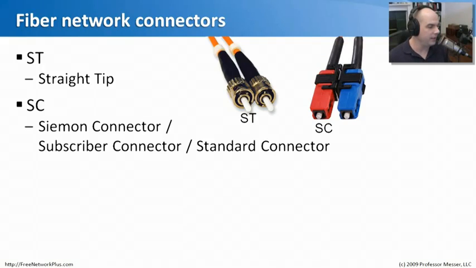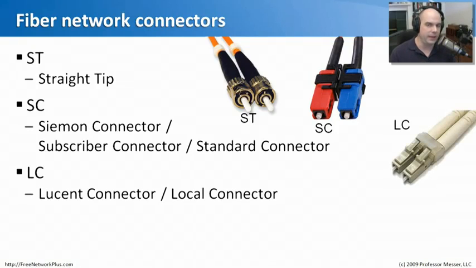So we came up with these other types of connectors. They're called Siemens connectors, based on the company Siemens, and we refer to those as SC connectors. They also can stand for subscriber connectors. They might also be called standard connectors, but it is SC. That's the important type. And you can see they even have this little locking clip that goes between them so that you could put in the right transmit and receive, just plug it in, and if you unplugged it or needed to move it around, you wouldn't mix up which side was the transmit and which side was the receive. However, the ST connector still took up a lot of real estate, relatively speaking, on these devices, so